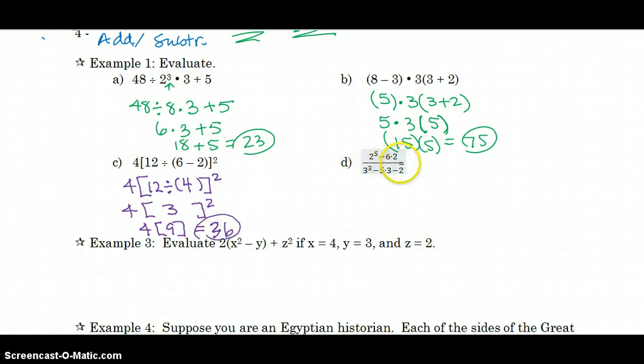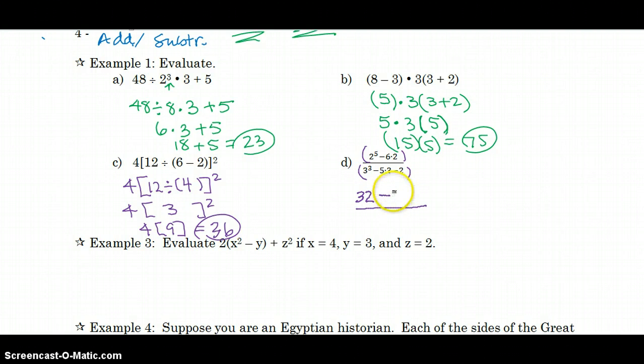All right, here's what I'm talking about with the division. This acts as a grouping symbol. We're grouping the numerator and we're grouping the denominator. So in the numerator, I need to take care of 2 to the 5th power, and 2 to the 5th power is 32